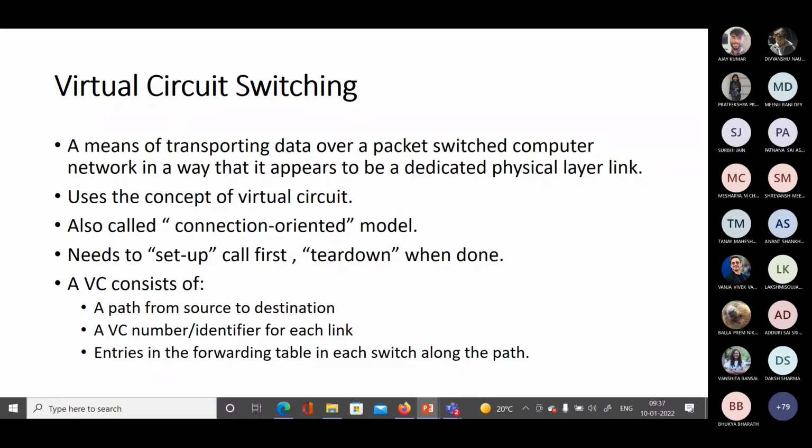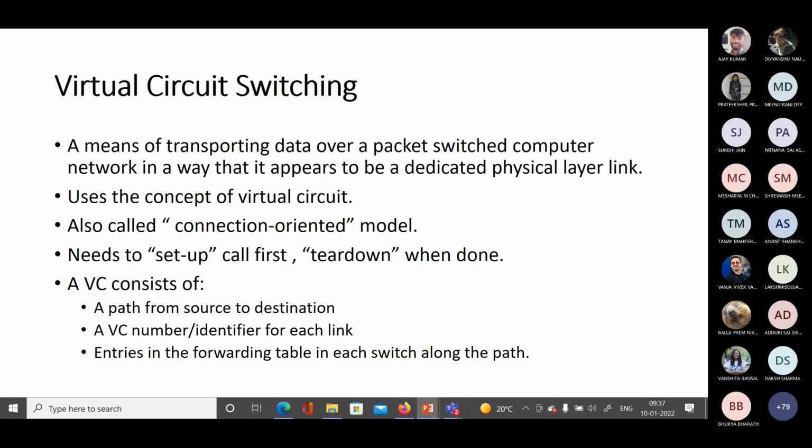Every link is given a special identifier, and in the forwarding table of every router, while the call is being set up, we write down the input link and the corresponding output link for that particular virtual circuit. So as long as the call is established, we use only that. For every input, we have a particular output. True. So that's what virtual circuit switching is.